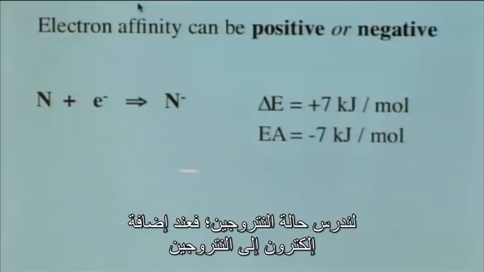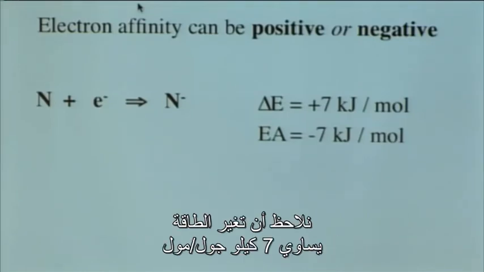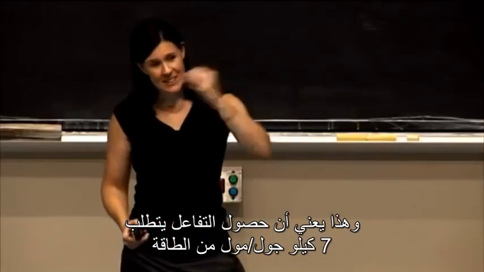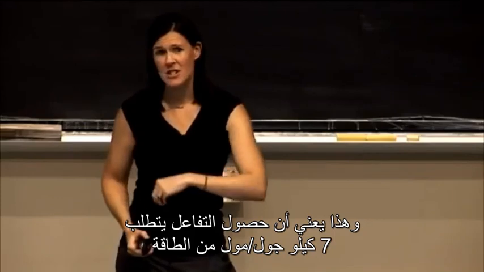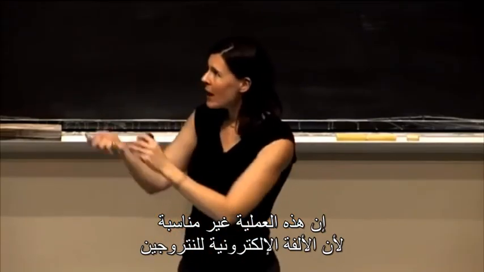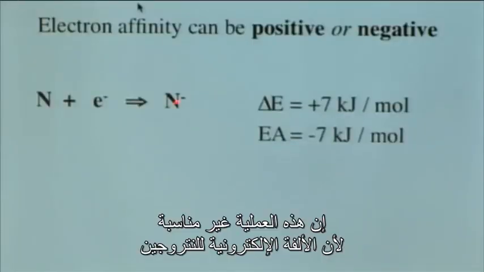So let's look at a case where it's actually going to be negative. If we took the case of nitrogen, if we add an electron to nitrogen and go to N-, we find that the change in energy is 7 kilojoules per mole. This means in order to do that, we actually have to put 7 kilojoules per mole of energy into the reaction to make it happen. So this is not going to be a favorable process. We're going to find that the electron affinity is actually